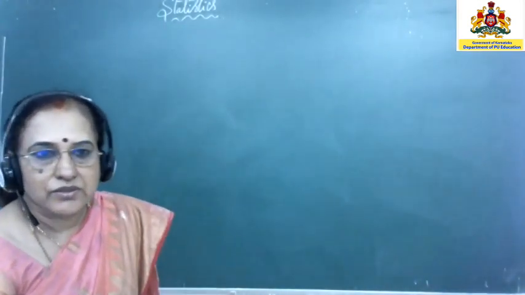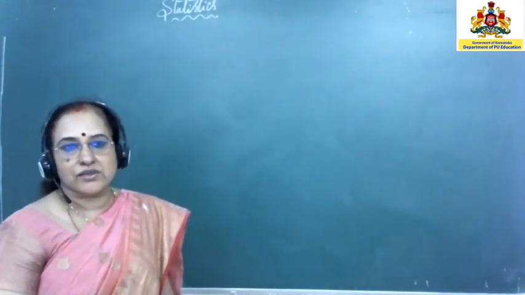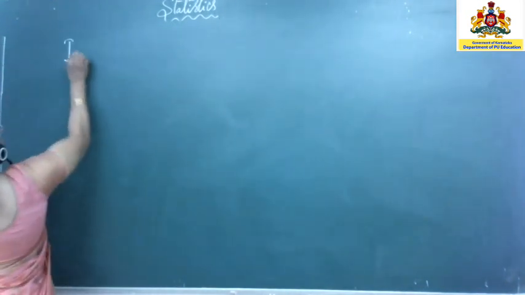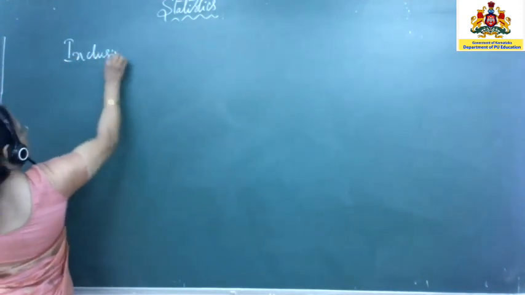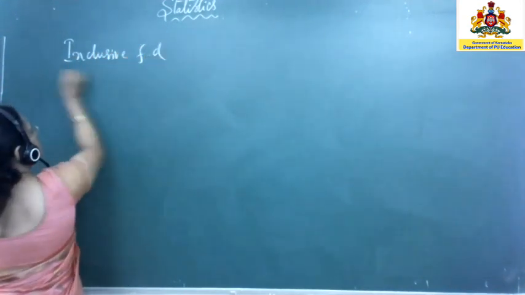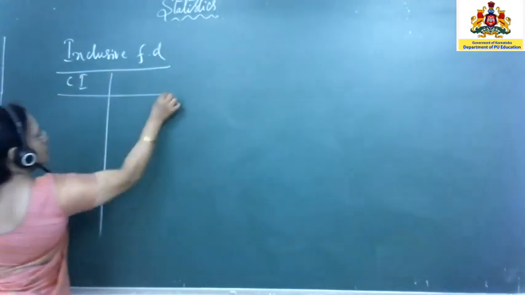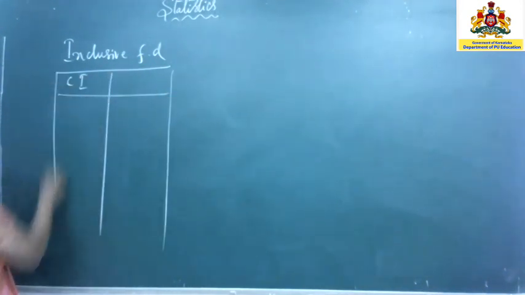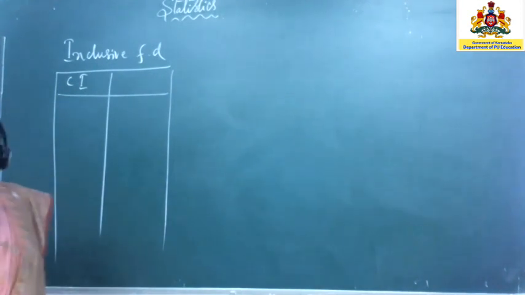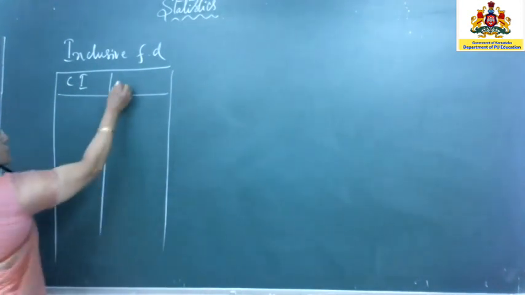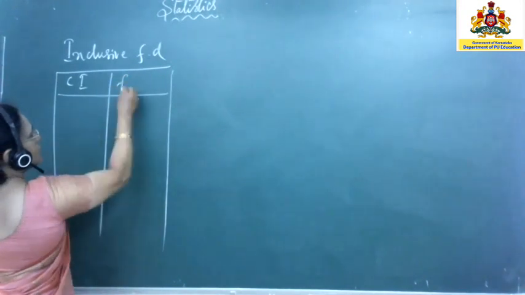Now, I hope you have understood the difference between inclusive and exclusive class intervals. Now, I shall just write down two more tables with the help of which we have to learn a few more definitions. Okay. Now, first column is class interval. Now, the second column I am avoiding. So, that is tally marks or tallies. Now, the third column what we were writing was frequency.